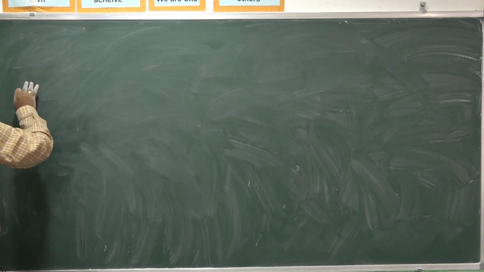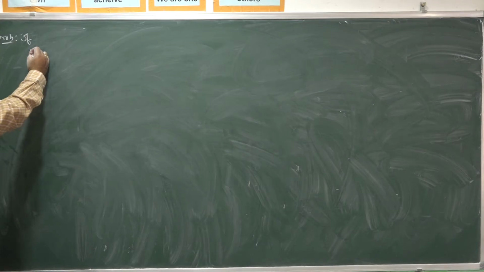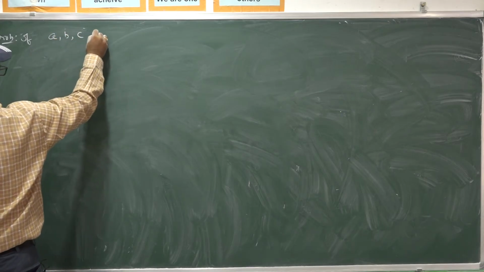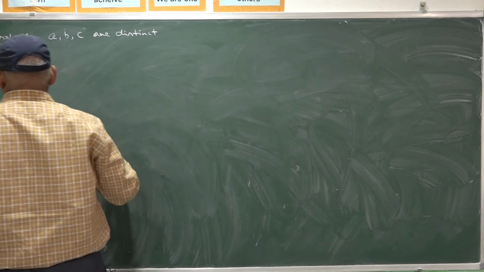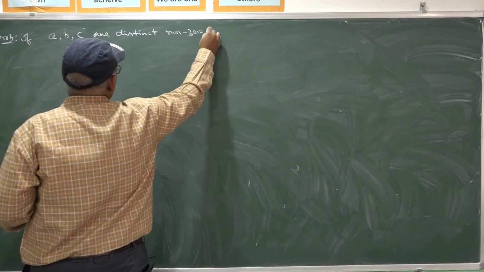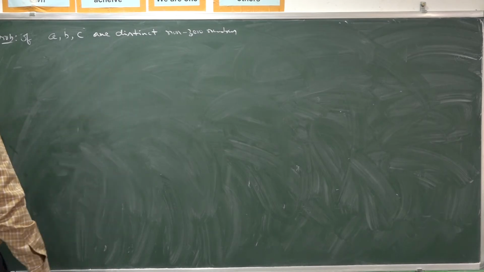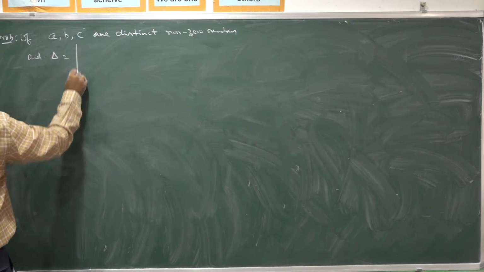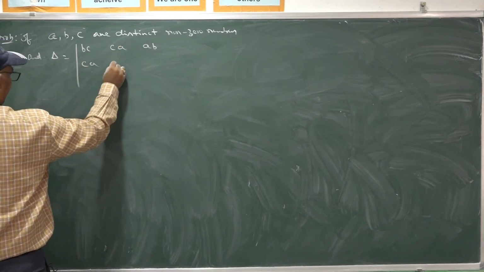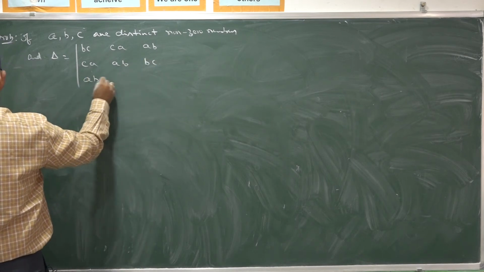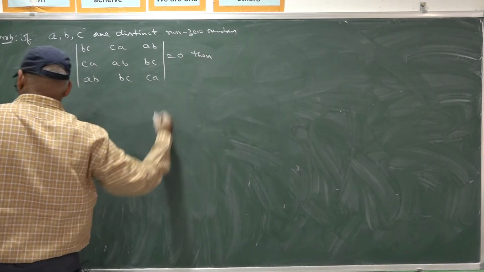Next problem. If A, B, C are distinct, different, non-zero numbers, and delta is the determinant BC, CA, AB, CA, AB, BC, AB, BC, CA equal to 0, then